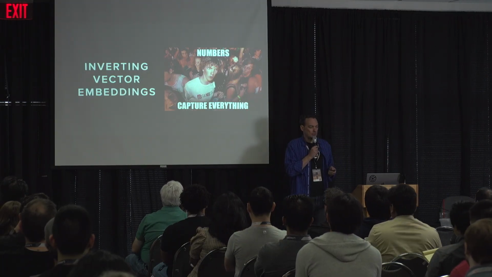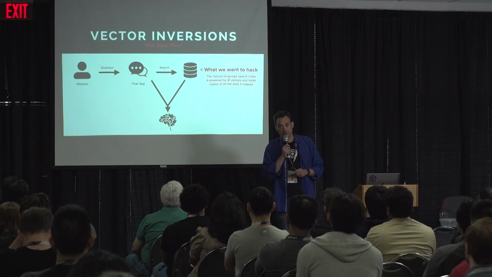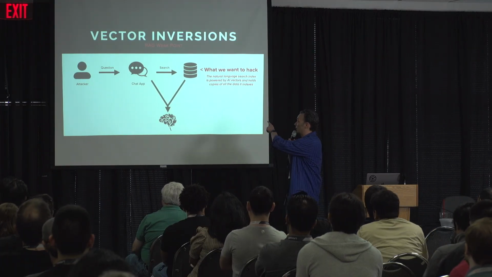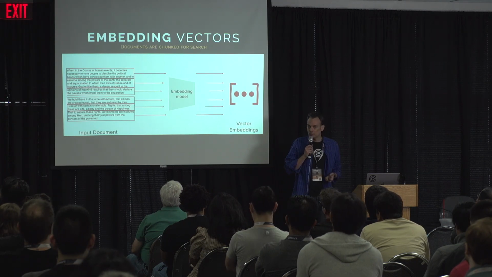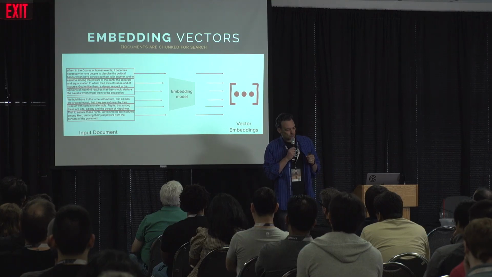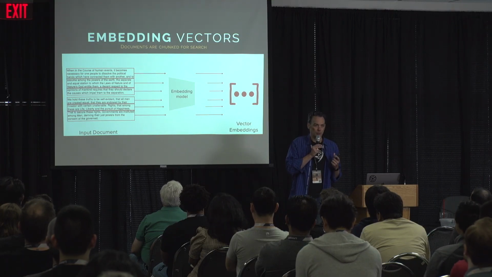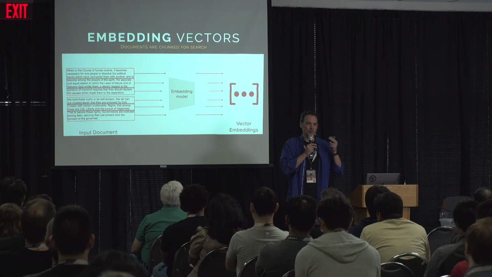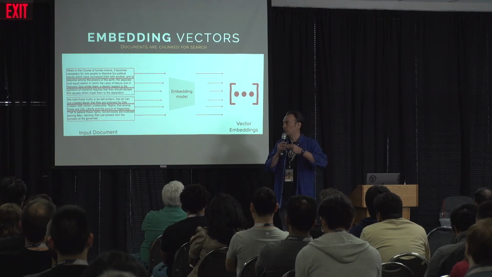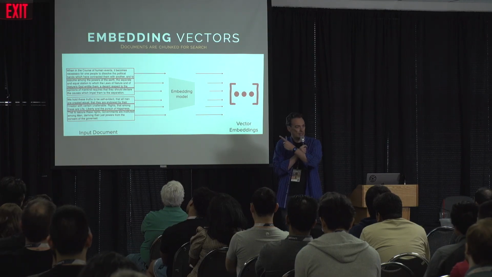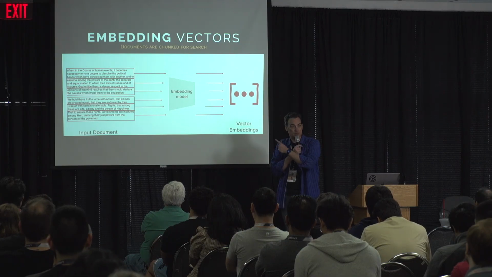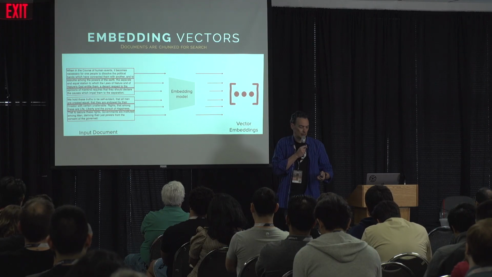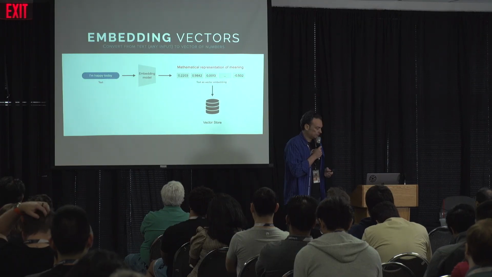Okay, so let's look at one other piece of this, and we're going to talk about vector embeddings. I will explain vector embeddings if you don't know what they are. What we're going to attack right now is that vector search database, that vector database. Before I do that, let me explain embedding vectors. In order to do natural language search over documents, we chunk them up into pieces, okay? It could be by sentence, by paragraph, by 50-token chunks. It could be overlapping. And they run through something called an embedding model, which is like an LLM, except instead of outputting text, it outputs a mathematical representation of the input. It's basically often similar to what's used internally.